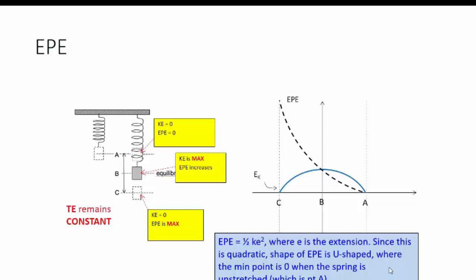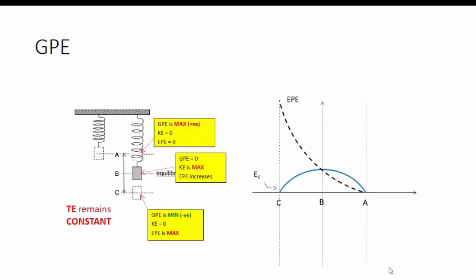Okay. Now let's look at the gravitational potential energy, and how it changes as the mass moves from A to B to C. Gravitational potential energy is simply mgh, where h is the change in height. So as it moves from A to B to C and back from C to B to A, the gravitational potential energy